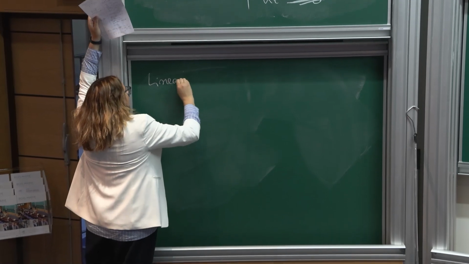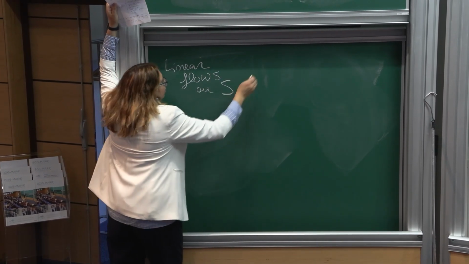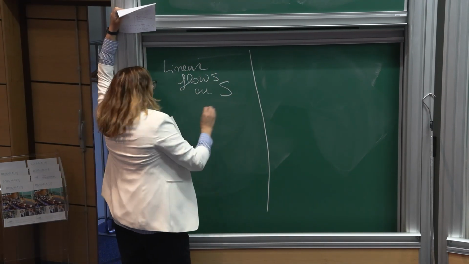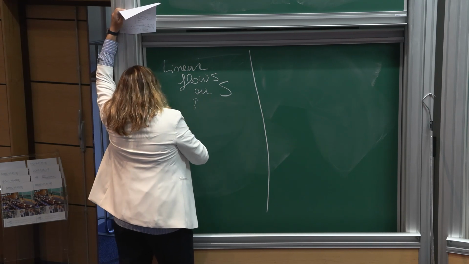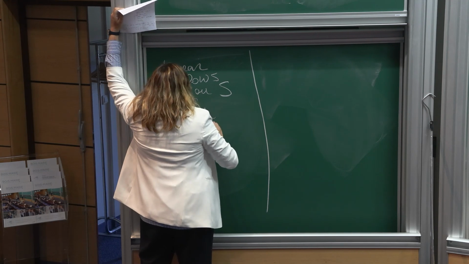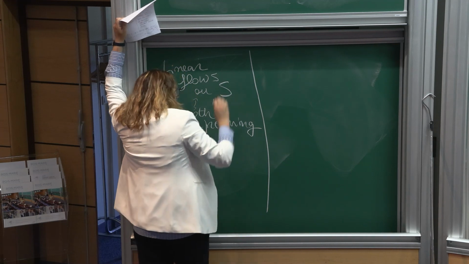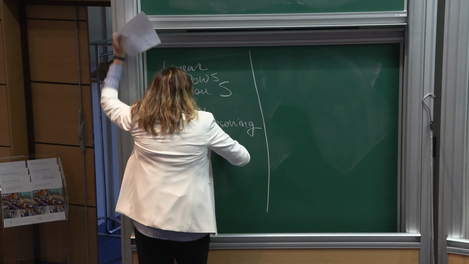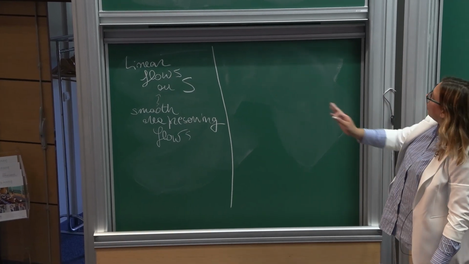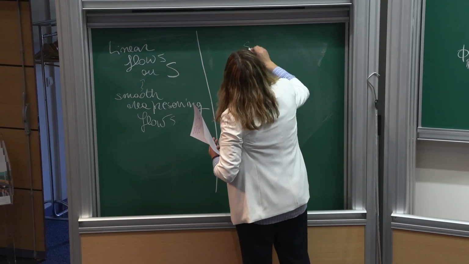So yesterday I said linear flows on surfaces are renormalizable. And we saw today that you can also use them to study smooth area-preserving flows. Up to time change, even a singular time change, you can reduce and still use renormalization methods. So this is great. What is not renormalizable if I have a smooth flow,